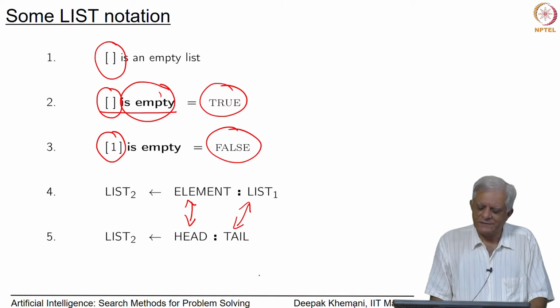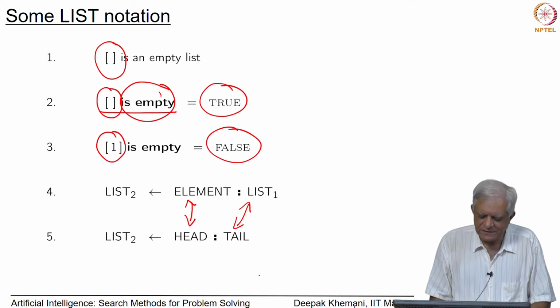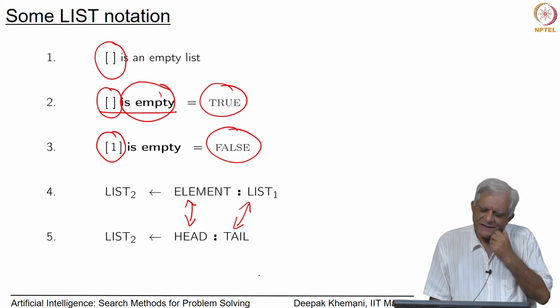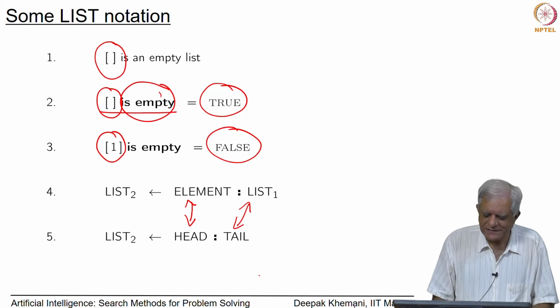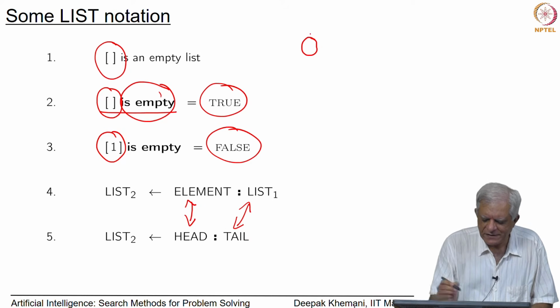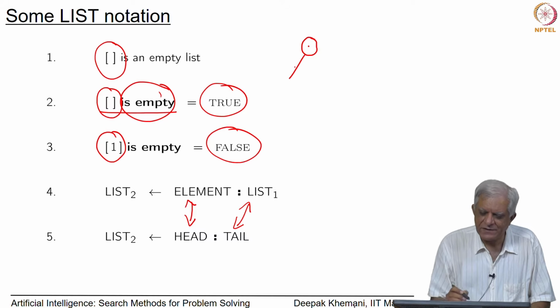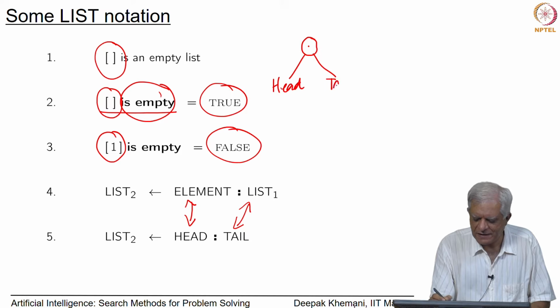So, you must have studied in a data structures course or somewhere that these lists are often represented as dot products or cons structures and so on. So, what you have is an element here which is called the dot, and the left child of that is the head